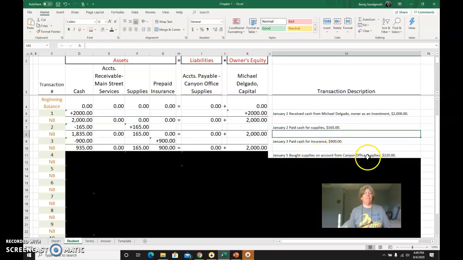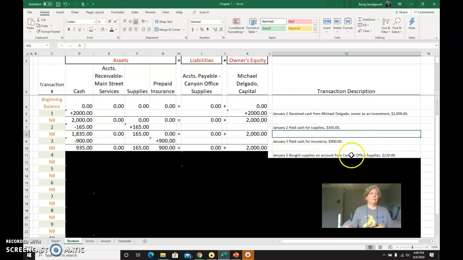So January the 5th, we bought supplies on account from Canyon Office Supplies for $220. So let's go through our steps again. What accounts? Classify them, up or down. Compute new balance for all the accounts. Make sure left side equals right side. So,